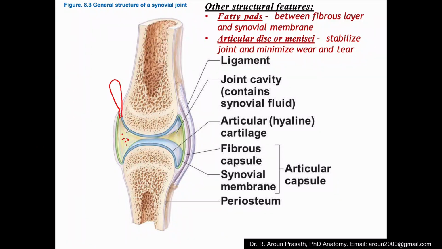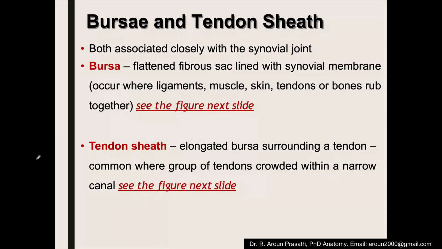So what happens? The synovial fluid that is present here will go and temporarily store in the bursas. When this synovial fluid level reduces, the synovial fluid from the bursa will migrate to the joint cavity. As well as a tendon sheath. For example, any tendon that is passing by the adjacent surface of the joint will be covered by a synovial sheath. This prevents friction to the tendons.